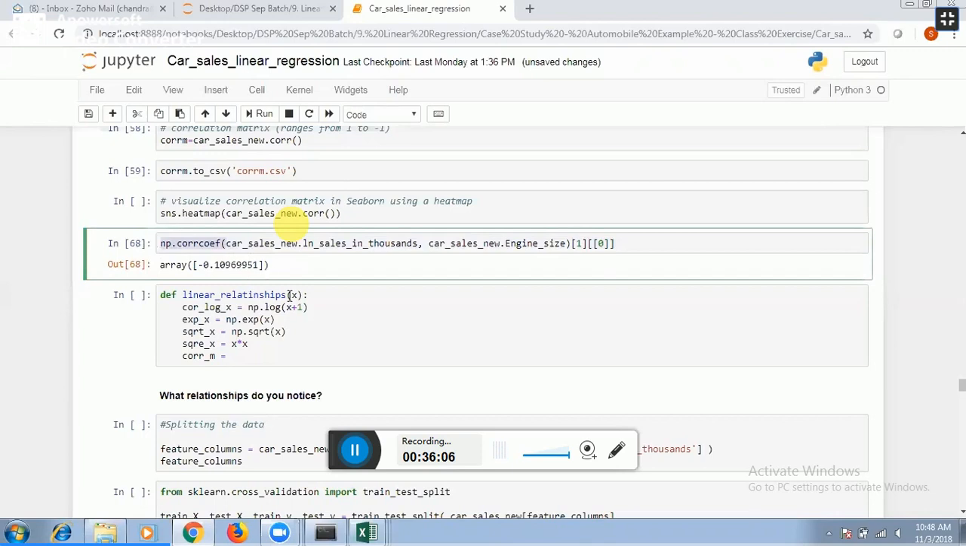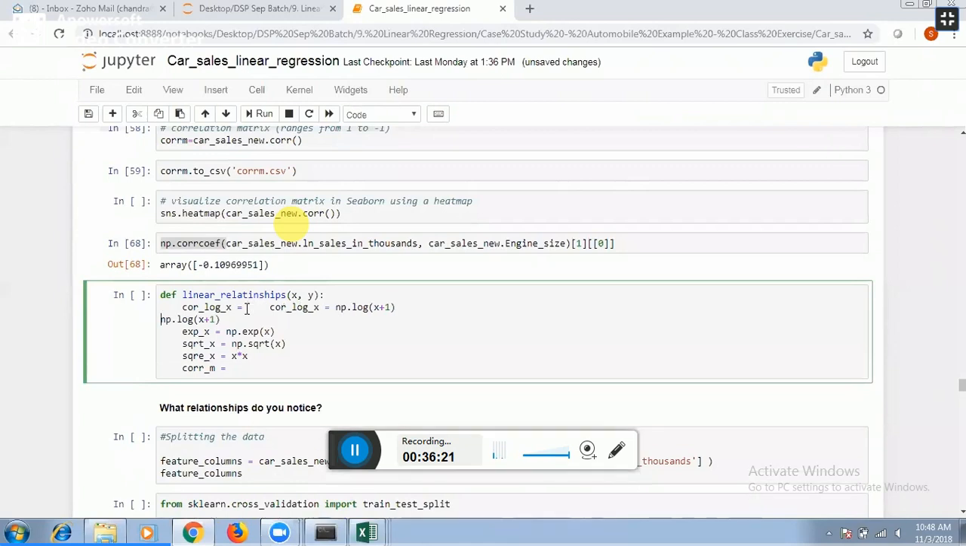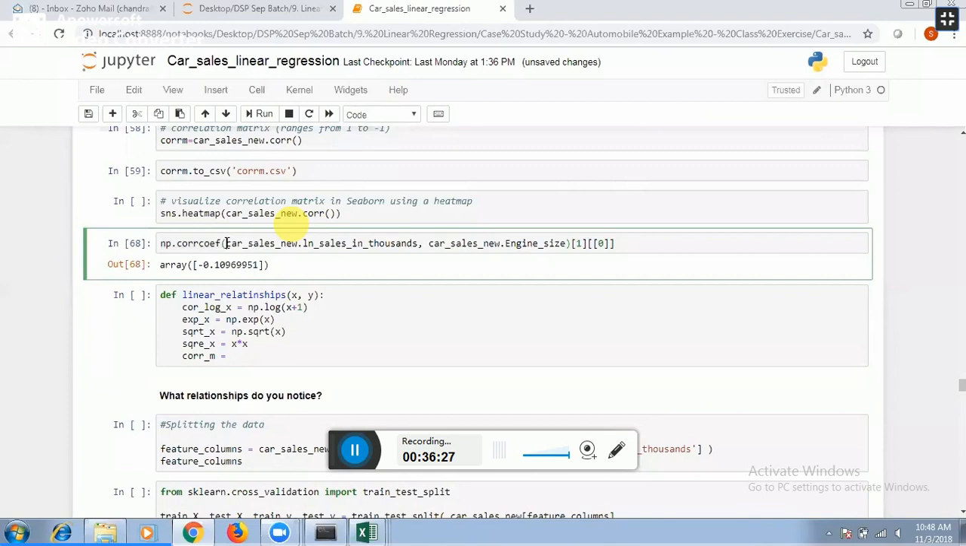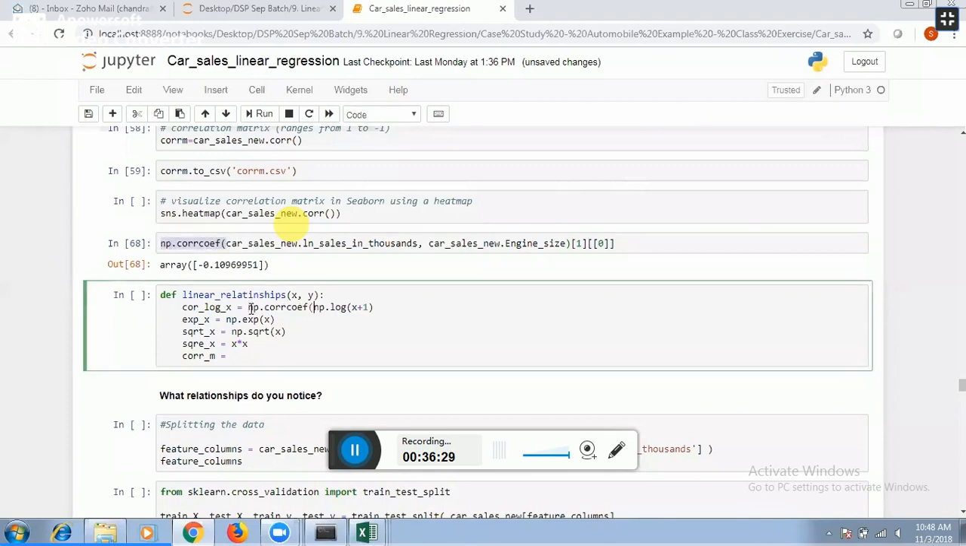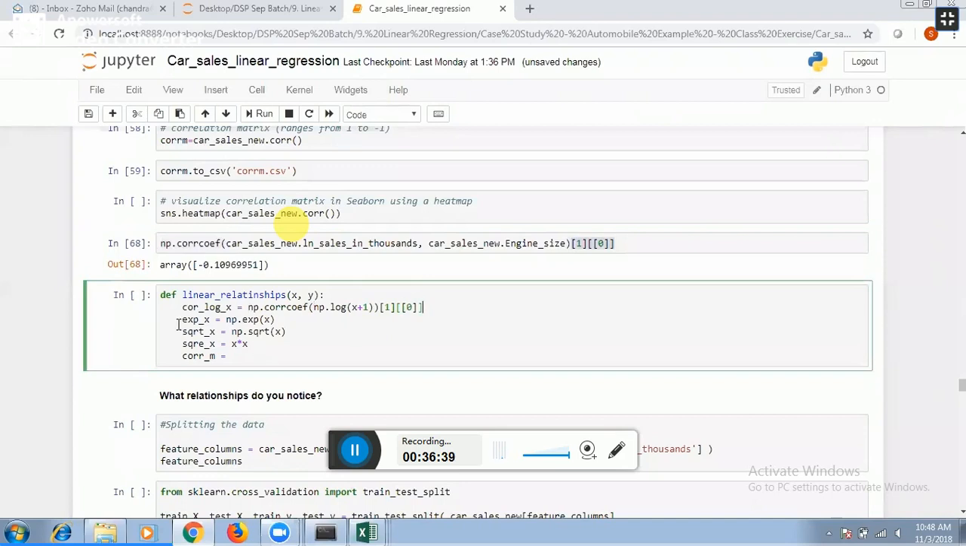Chandra, I have a doubt. So you can specify your x comma y, and then what you can do is np dot log of x plus 1, and this is the place you can say that, and of course you can pick up this information. This is the correlation for log x. This is a correlation for